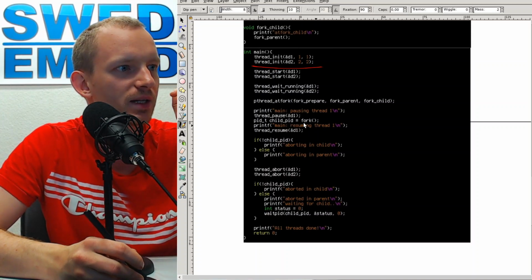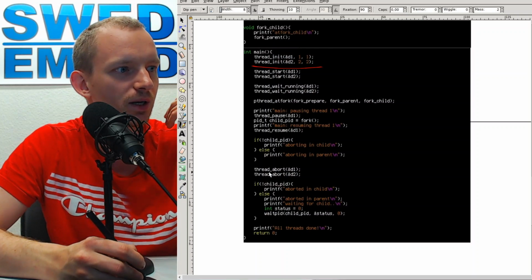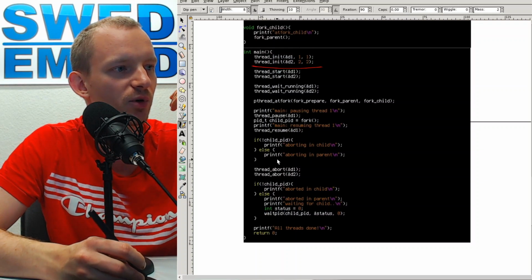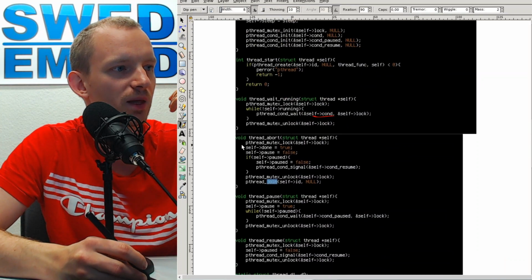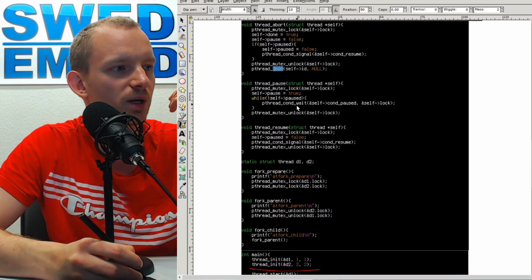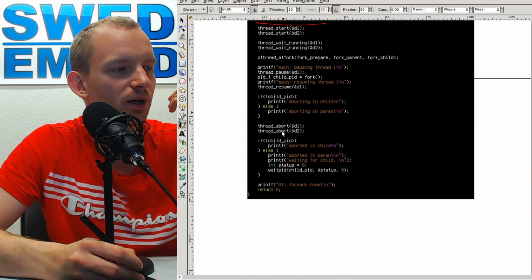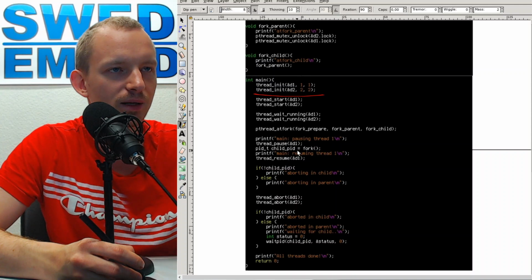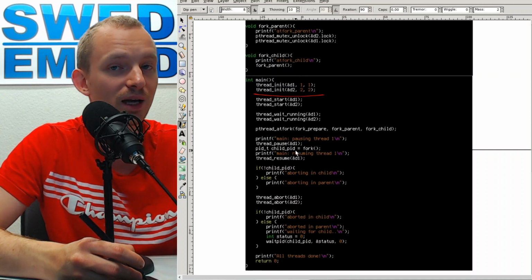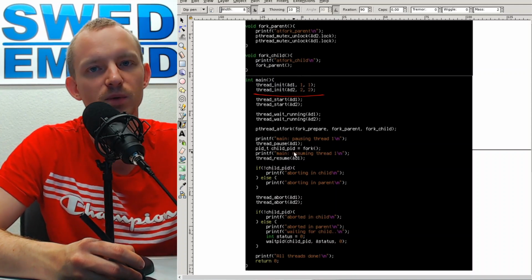And so what we'll see is that when we call fork, the child will never exit, because it will be impossible to call this abort function, because this abort function also locks the mutex. So it tries to lock the mutex. So when we do a fork, in the child process the mutex will be locked, and in the parent it will then be unlocked, obviously, in the parent, but in the child it will remain locked, because